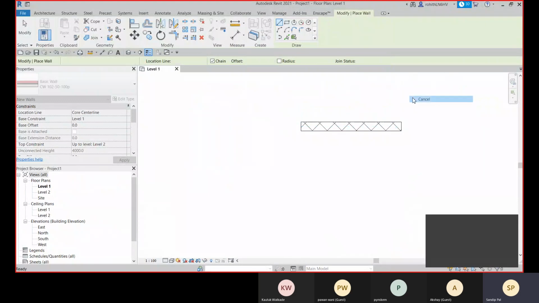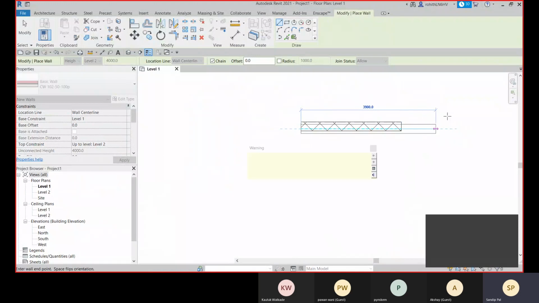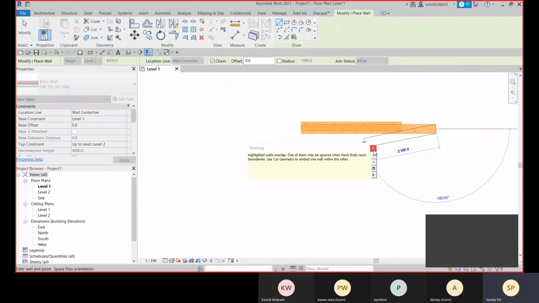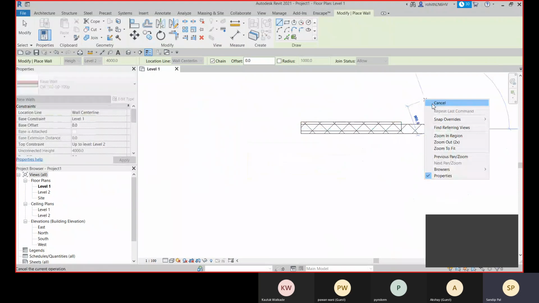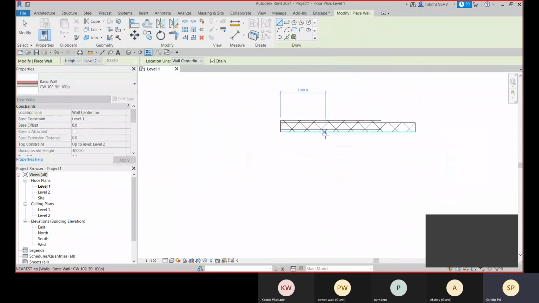Okay, and I will draw the same with the wall center line, with the same point, and here you can see that I am drawing along the middle line of this wall, so that is the wall center line. Obviously it's overlapping, so I'll get that warning. That is fine for now, as I'm only demonstrating.